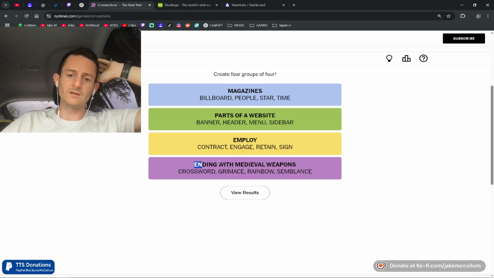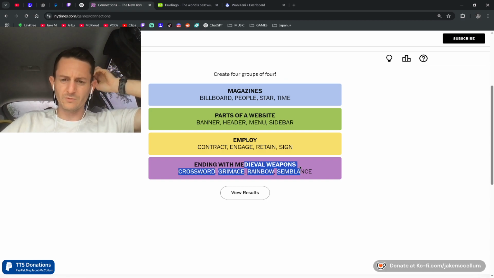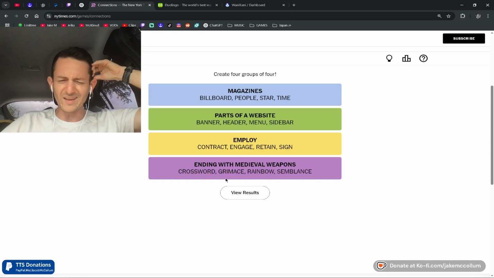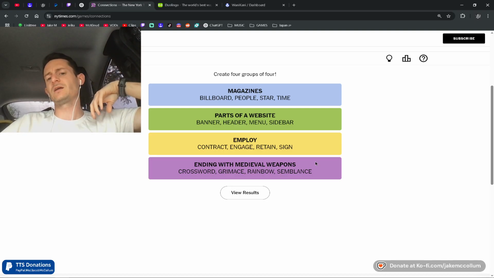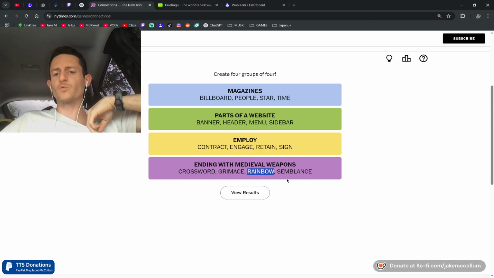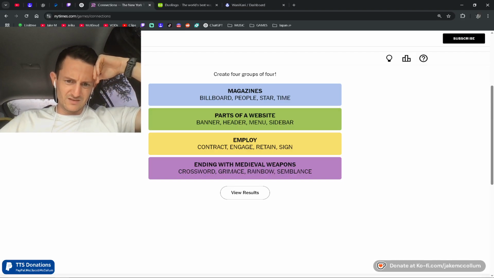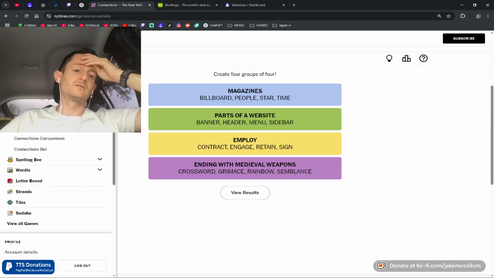Wasn't gonna get that. Ending with medieval weapons. Something. What? Crossword, grimace, rainbow, symbol. Ending with medieval weapons? That makes no sense. What? There's literally a medieval weapon with the word rainbow in it? That's just the dumbest shit I've ever seen. Okay, well,